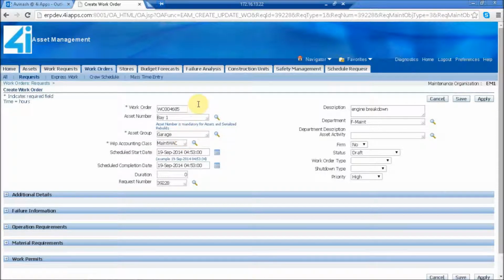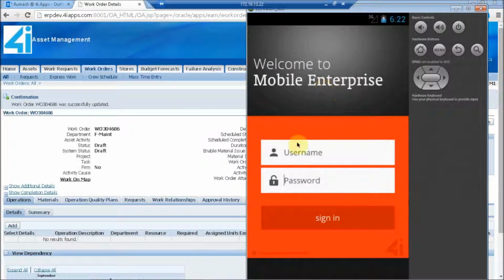Work order is created with work order number WO304685. So now we can get back to our mobile and see the work order. Again, log in into the mobile.